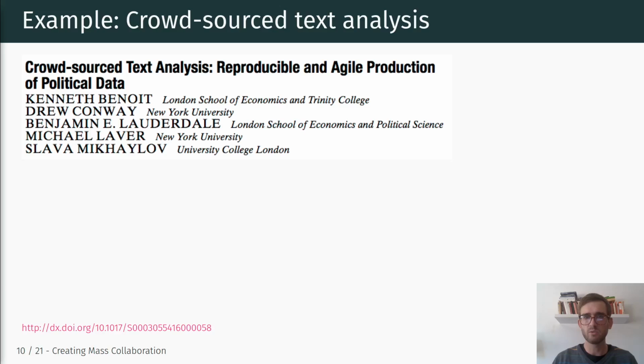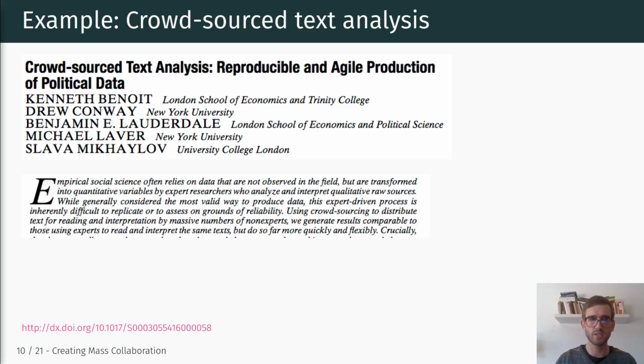Right? So one really great example for this is crowdsourced text analysis, reproducible and agile production of political data. I uploaded this paper on Canvas as well, and we can chat about it more in the Q&A session. But just to give you an overview, here's just a section of